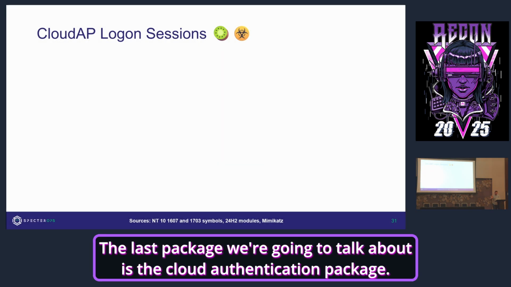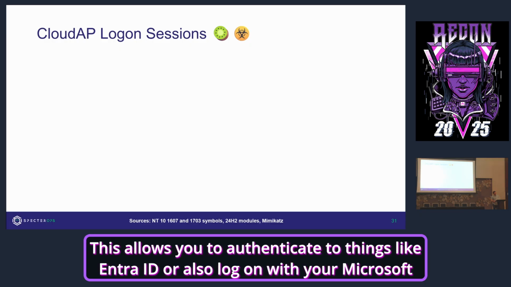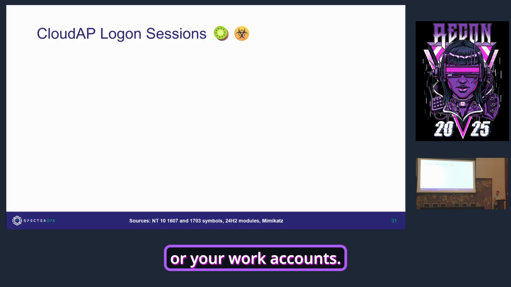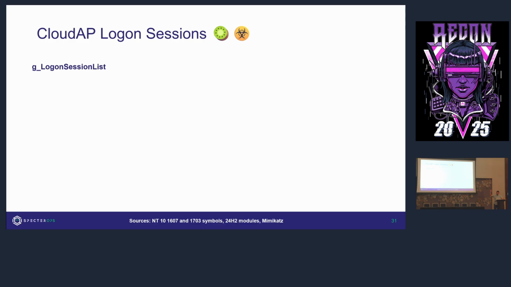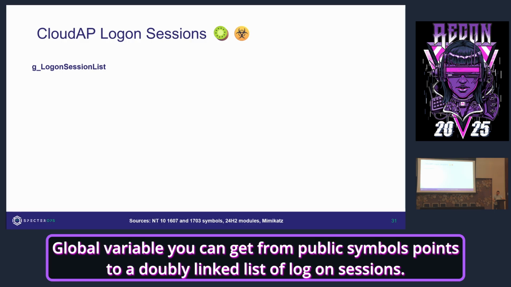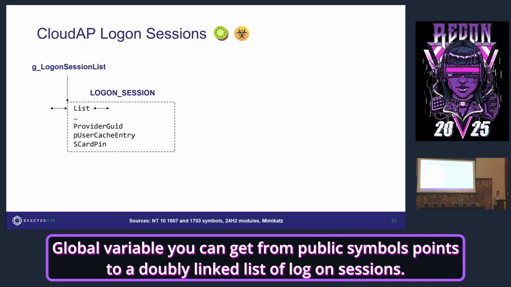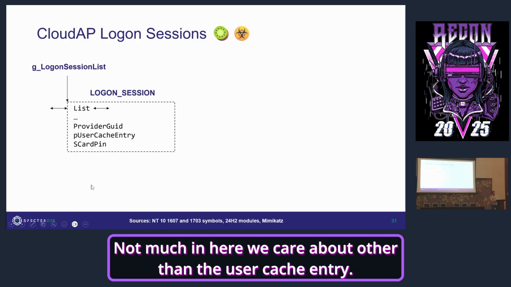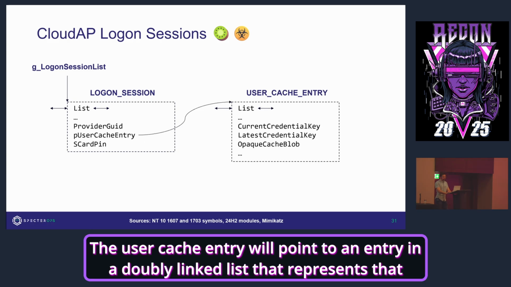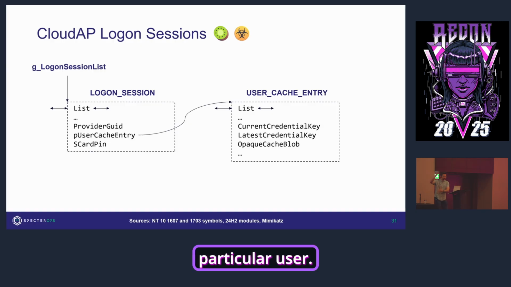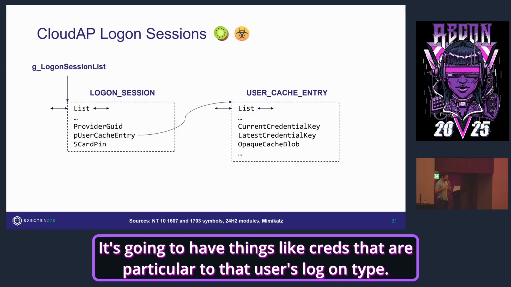The last package we're going to talk about is the cloud authentication package. This allows you to authenticate to things like Entra ID, or also log on with your Microsoft or your work accounts. There's a global variable you can get from public symbols that points to a doubly linked list of logon sessions. Not much in here we care about other than the user cache entry. The user cache entry will point to an entry in a doubly linked list that represents that particular user. It's going to have things like